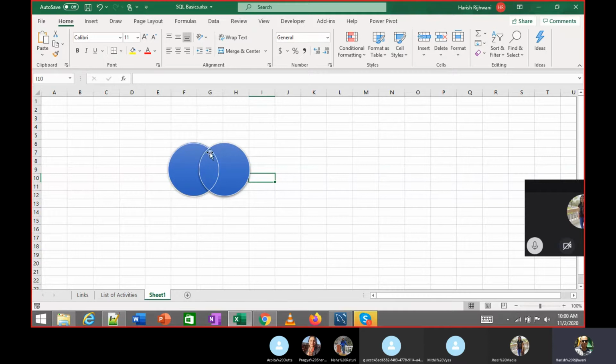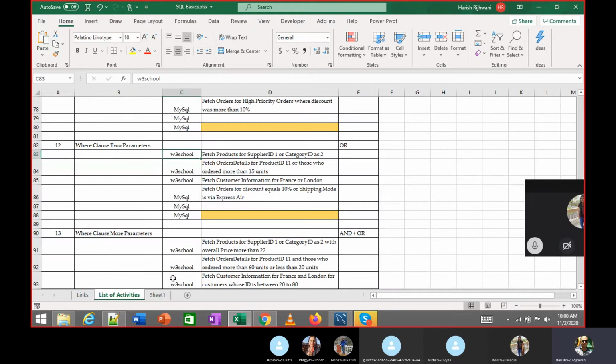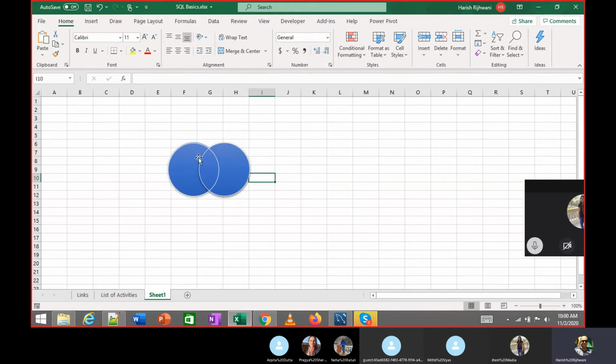That is your AND. You have two conditions, and whatever is common to both of them is your AND. Make sense? And your OR is either of those two. It can be matching from both of them also. That is your OR.